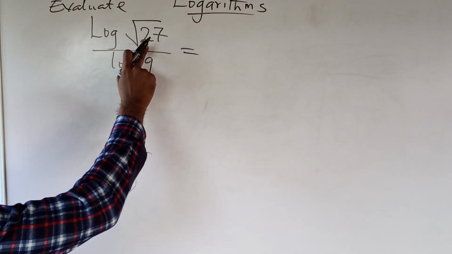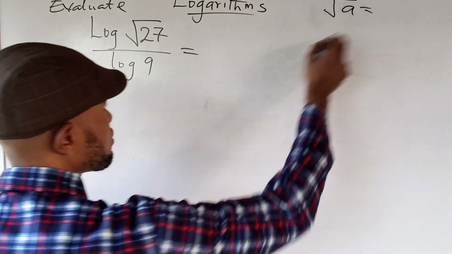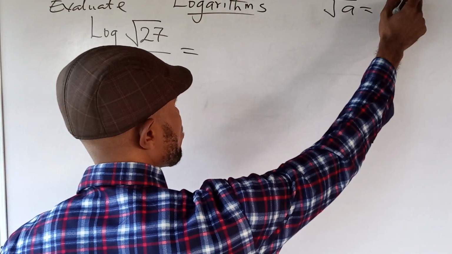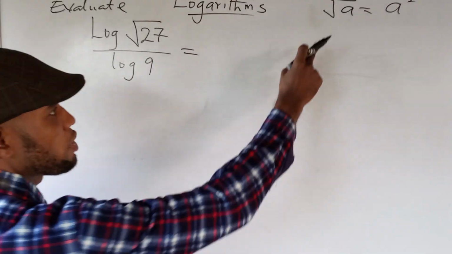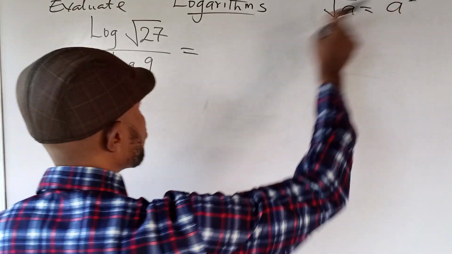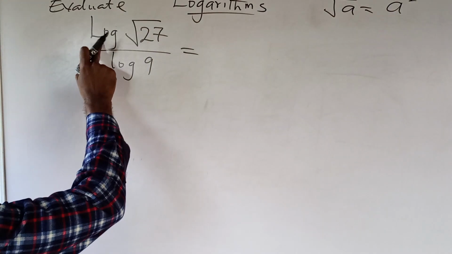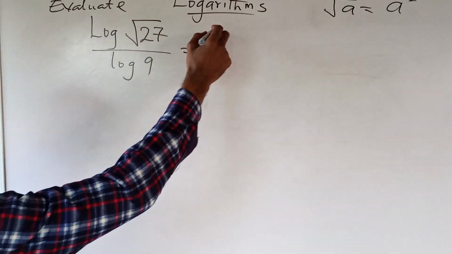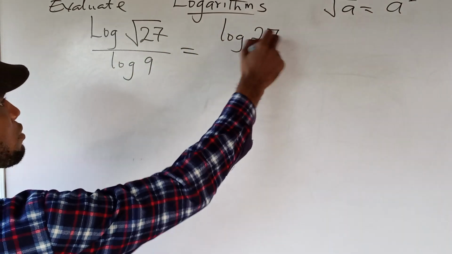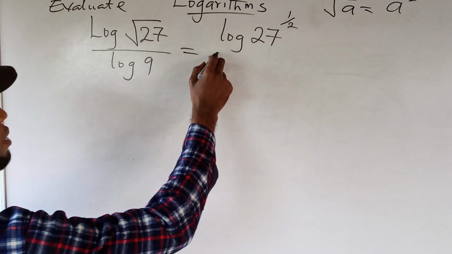When you have the square root of a, I can write this square root of a as a raised to power 1 over 2. So you should know that another way of writing the square root of a number is that number raised to power 1 over 2. So the logarithm of square root of 27 is going to be written like log 27 raised to power 1 over 2, then all over